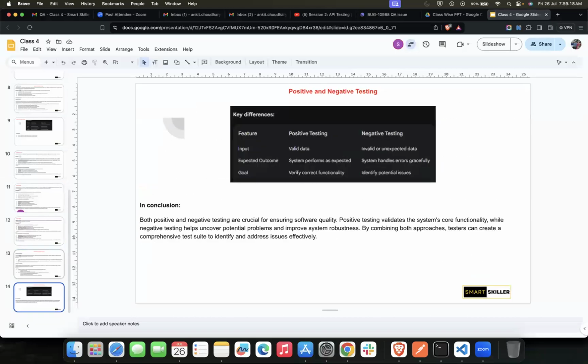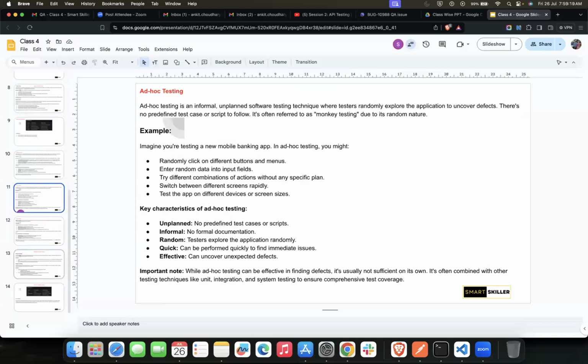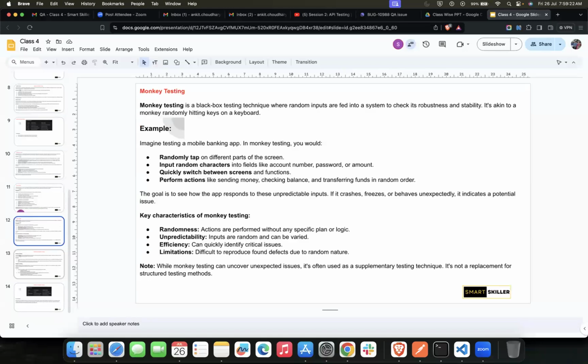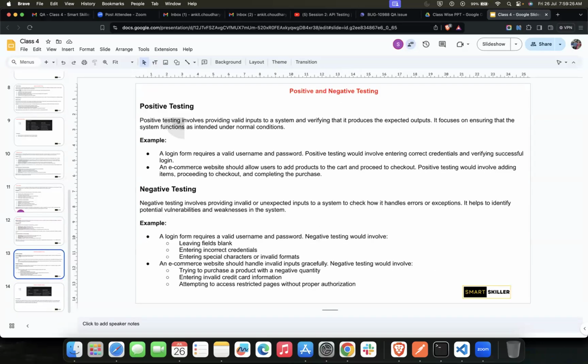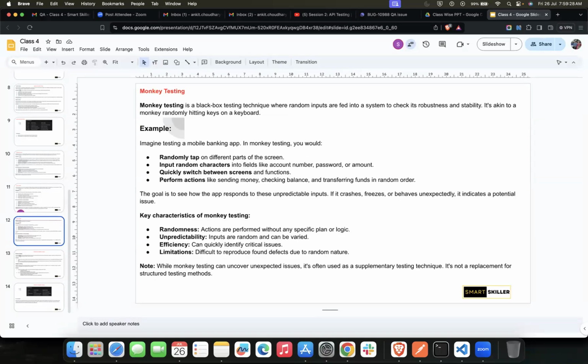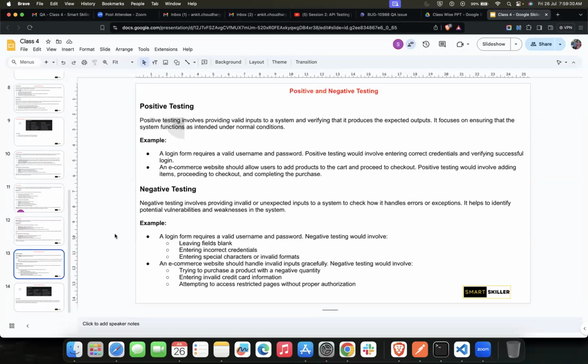I'll go with ad hoc testing. Sure. Then Raj, you are left with monkey or positive. Monkey testing. Okay, sounds good. And Rajan, you'll be getting the positive testing topic. So you guys need to prepare these three topics in detail.